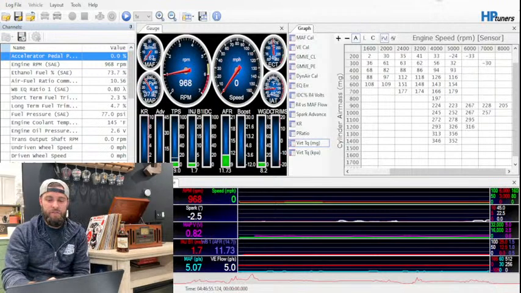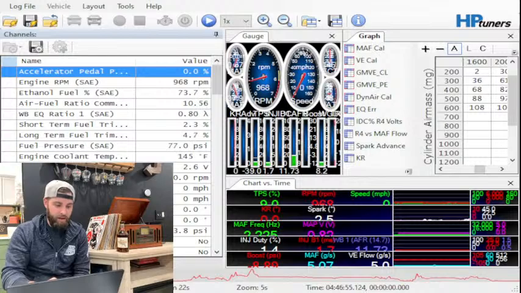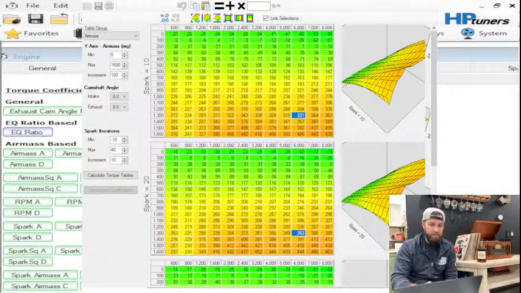Okay, so what that means is that if I just take and copy those numbers and put them back into my virtual torque tables, nothing's ever really going to happen, especially for a larger turbo setup,